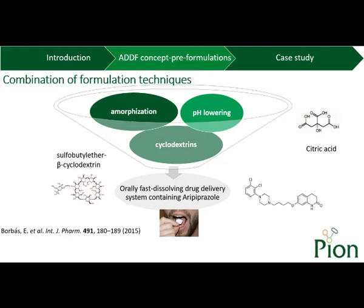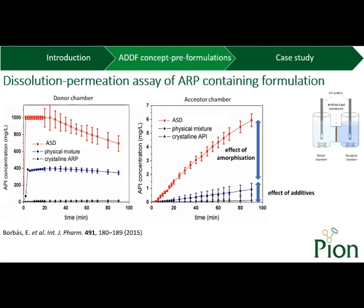Various formulation strategies were combined to create amorphous solid dispersions using electrospinning to get thin fiber structure, sulfobutylether beta-cyclodextrin as a solubilizing agent, and citric acid as a microenvironmental pH-modifying agent to enhance the dissolution and the bioavailability of a poorly soluble antipsychotic drug, aripiprazole. The aripiprazole containing amorphous solid dispersion and its physical mixture were compared to the neat API by a simultaneous dissolution